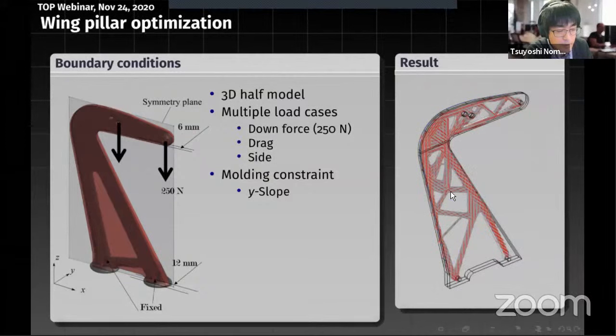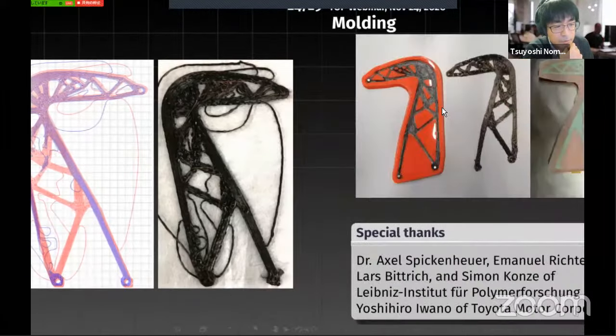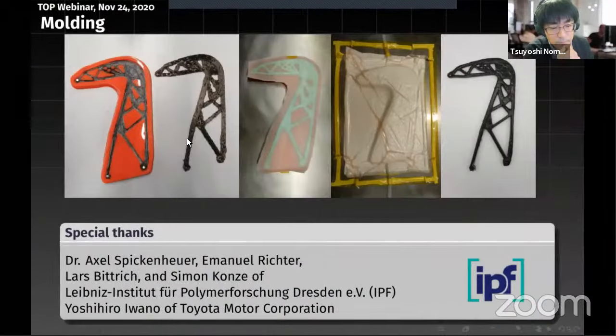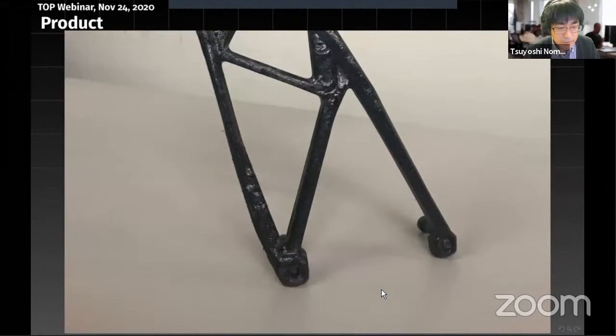We also obtain the orientation inside of the structure simultaneously. We use some tricks to dehomogenize the structure, and we extract the fiber path, and we fabricated the structure in collaboration with IPF. And this is the final product, and I think this is very cool.